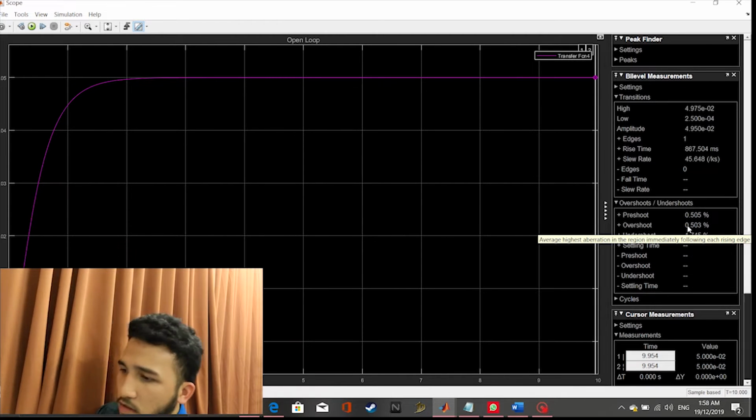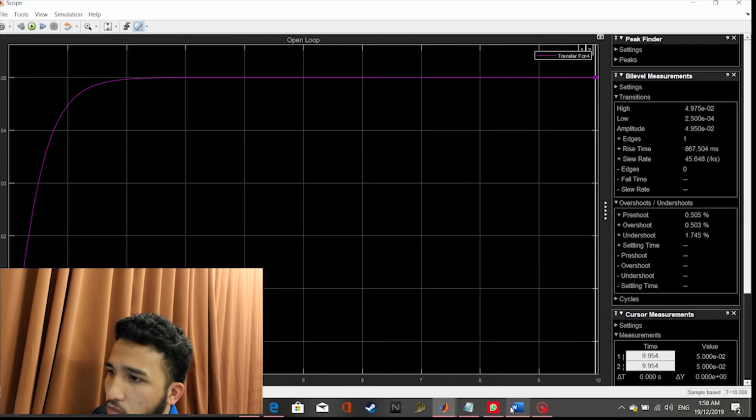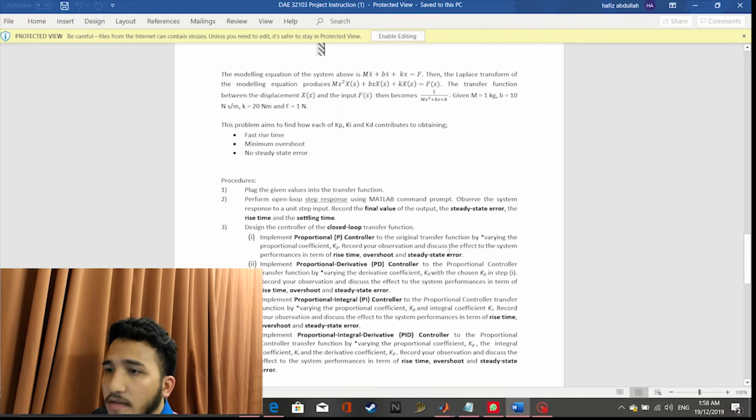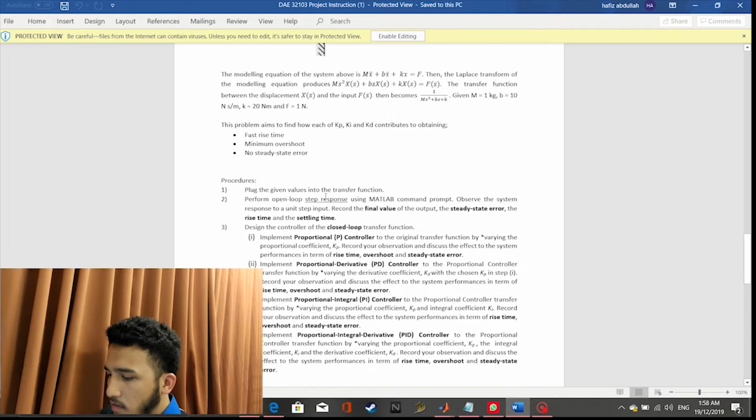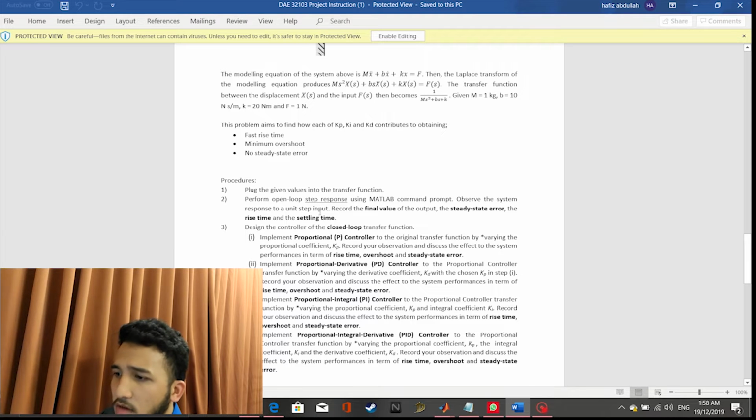So the requirement is we need to have a fast rise time, minimum overshoot which is below 5% and no steady state error. But based on the graph